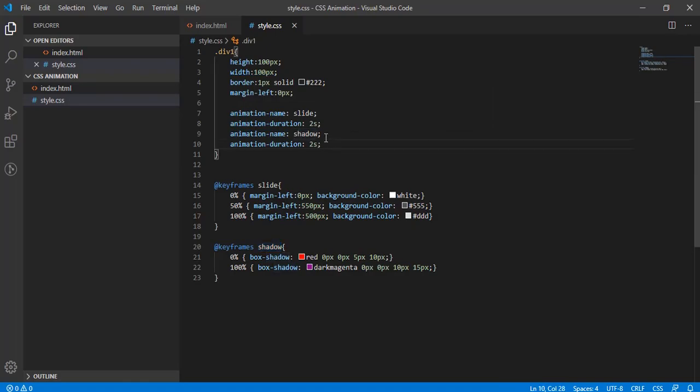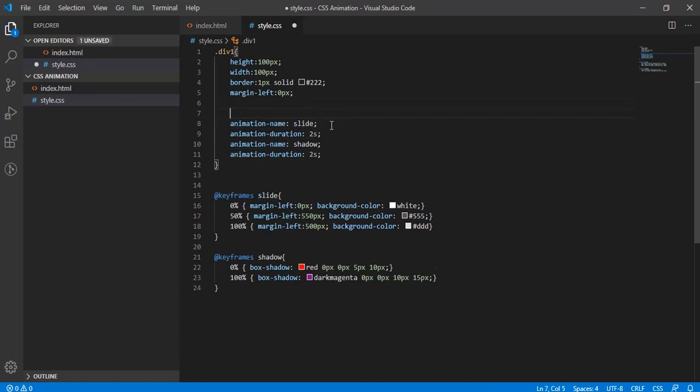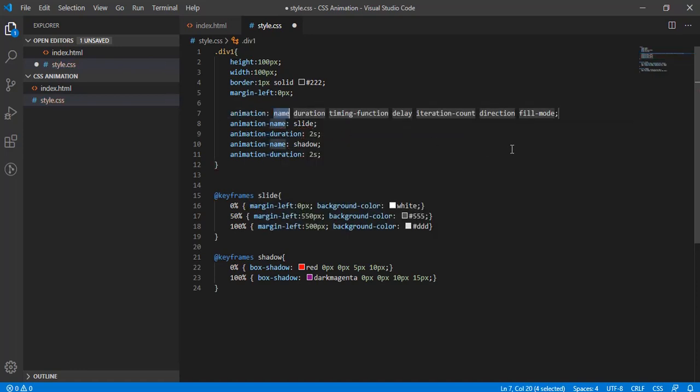That's why the slide is not working, but the shadow is working. If you refresh, you can see. So if we want both effects simultaneously, we should not give this type of property individually; we'll give all this together. So if you type animate and press tab, you can see the syntax of the